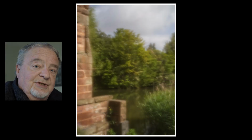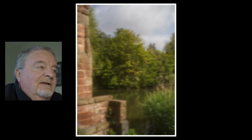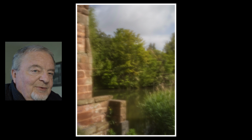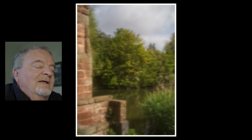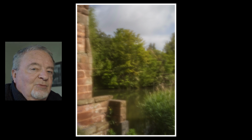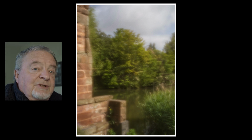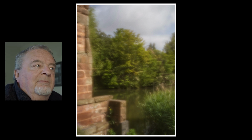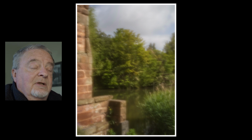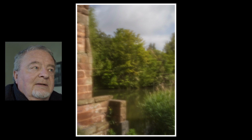So these next few images were taken with the homemade pinhole, where the hole is made through the silver foil, and it is a lot better. The smaller hole has given me a more crisp image. I'm not going to say sharp, but much more along the lines of what I was hoping to get. Now, this is the boathouse still in Prince's Park, and you may not be able to appreciate it, but